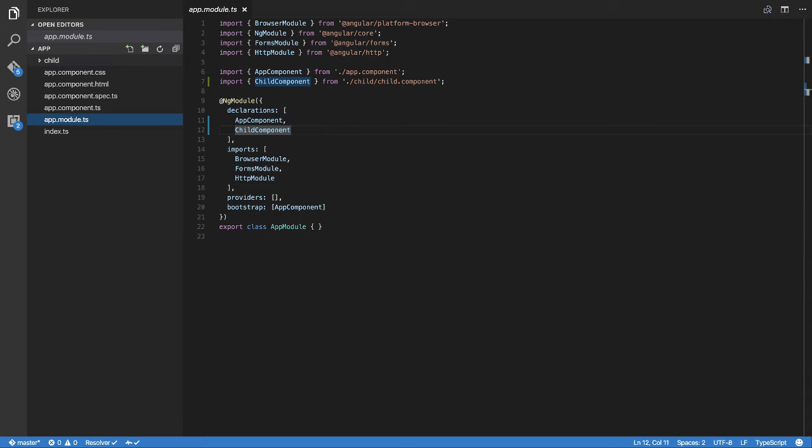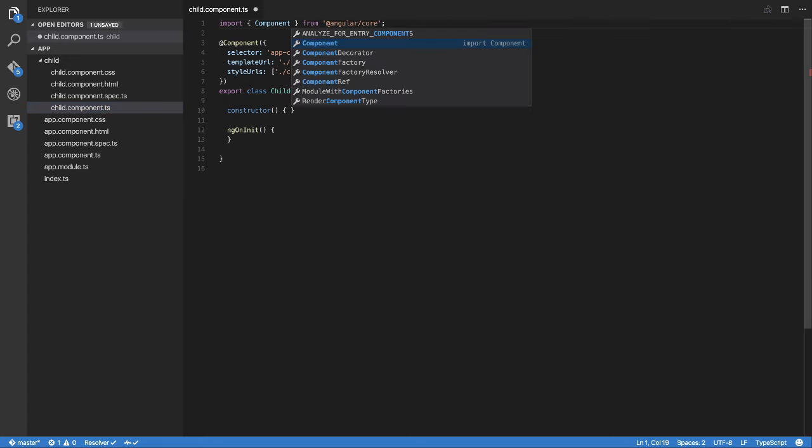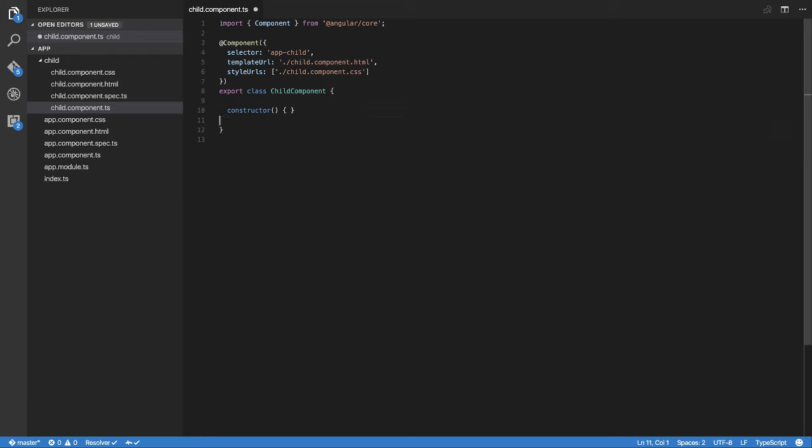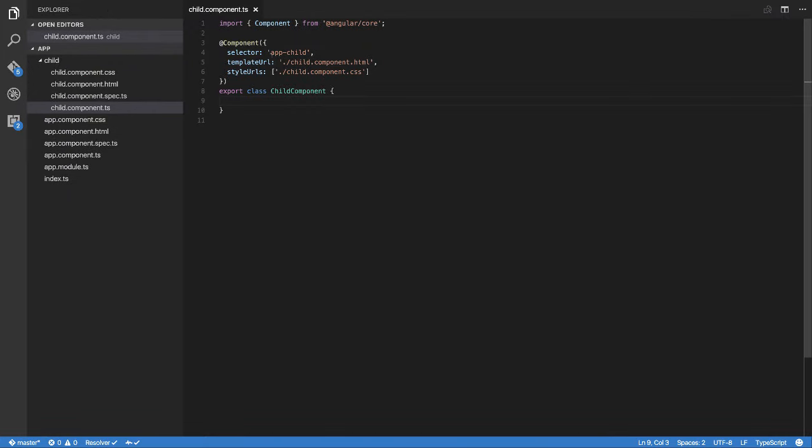So I'm going to come over to the child component, and first I'm going to get rid of this OnInit because we're not using it for this lesson. OnInit is one of the next lifecycle hooks that we'll look at, but it happens to be the default when we create it via the Angular CLI, and we also don't need a constructor actually, so we'll get rid of that as well. Now we've got app child, that's fine. Sorry about that. So what I'm going to do first is reference the app child, I believe,